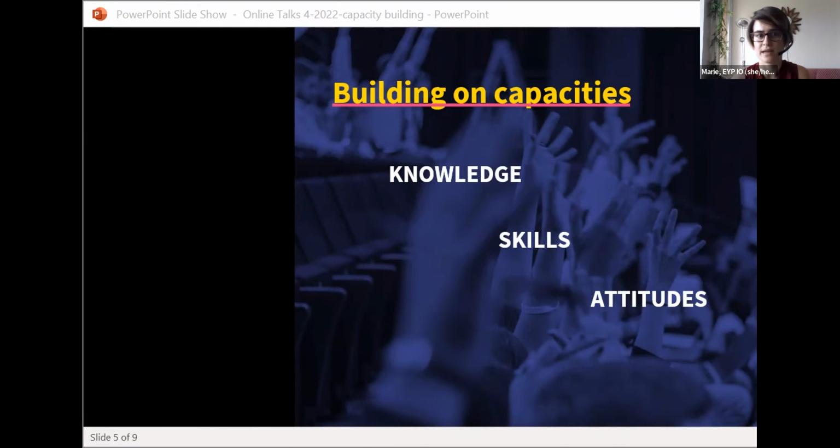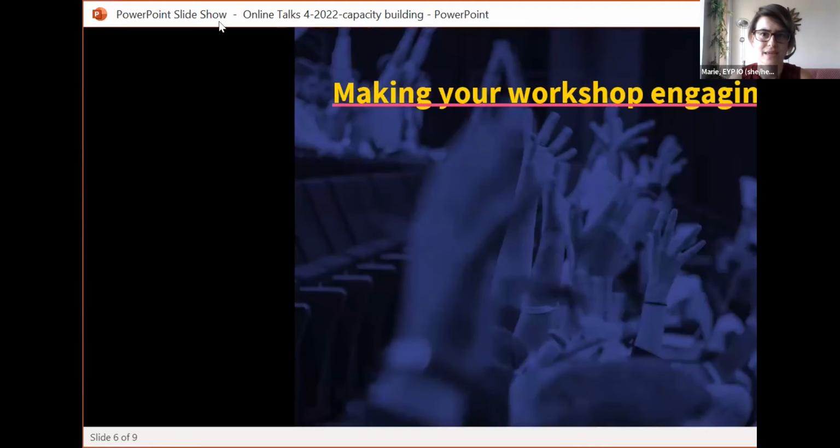And the behaviors, attitudes and values are really themselves. Are they inclusive now at the end of your workshop or a few weeks after the workshop? Having inclusive behaviors, and also the fact that they mainstream, so that they manage to put inclusion in all of the projects that they will organize. So mainstreaming accessibility and inclusion in all of their projects.